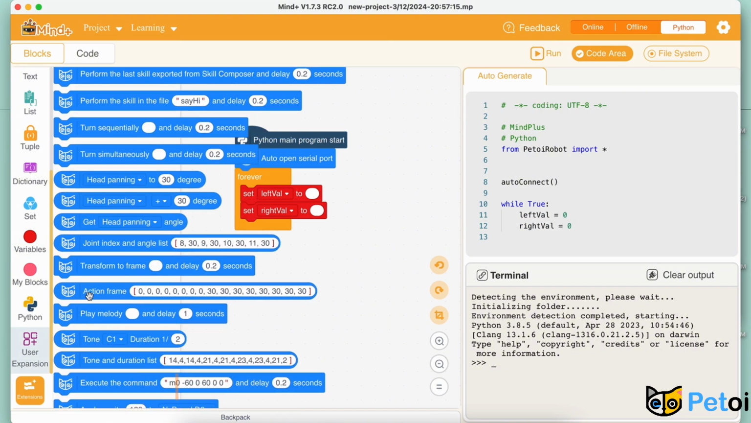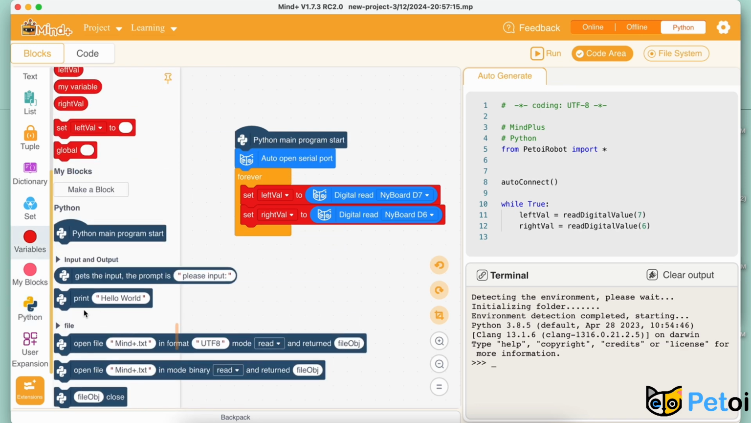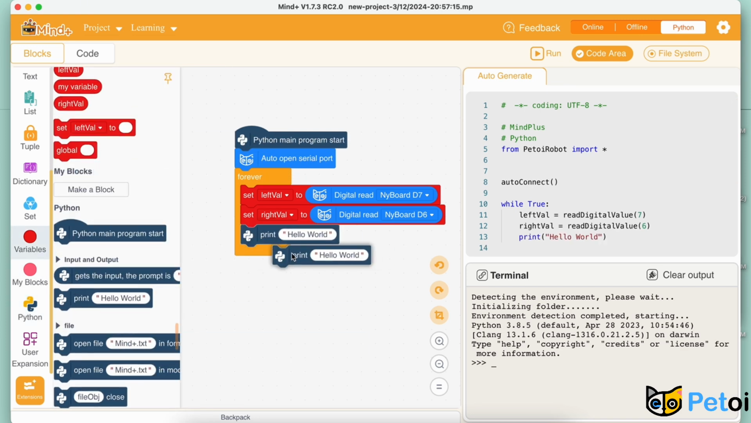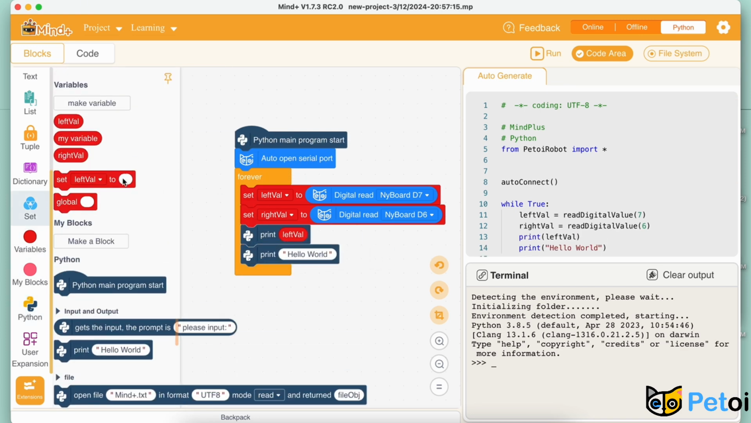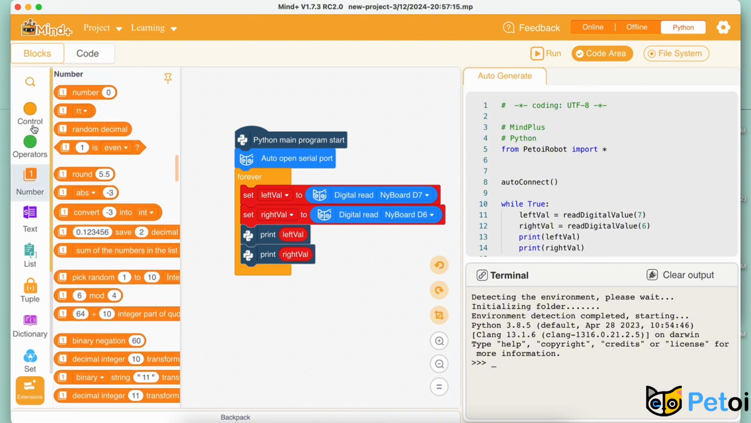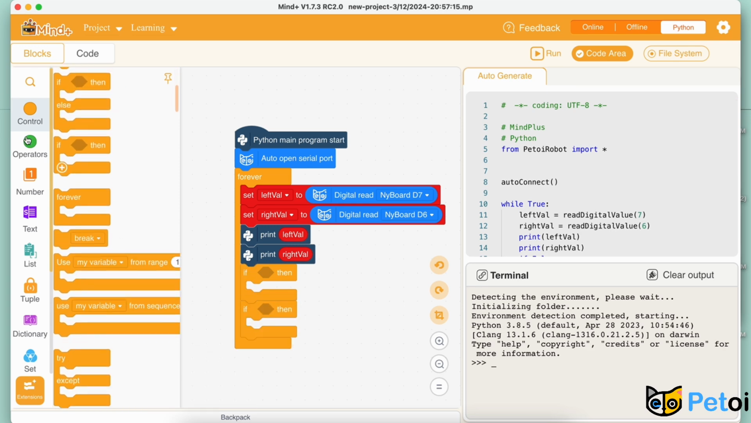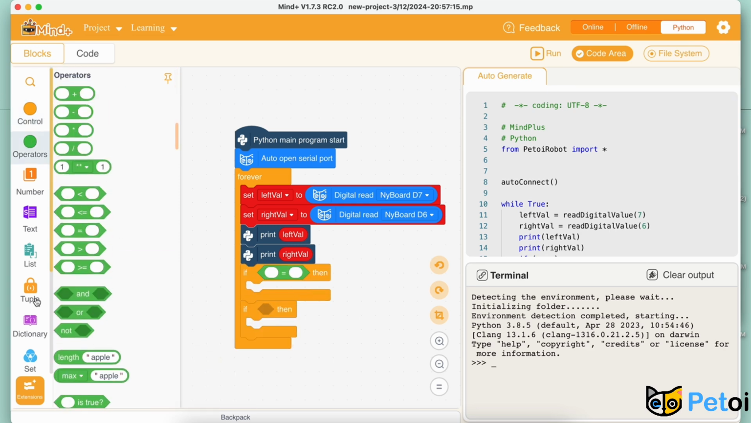Then, set the value of the variables to digital read from D7 and D6. After that, we will print out the individual variables to keep track of the input. Still inside the forever loop, we will need another two if loops, and we will check if the left sensor